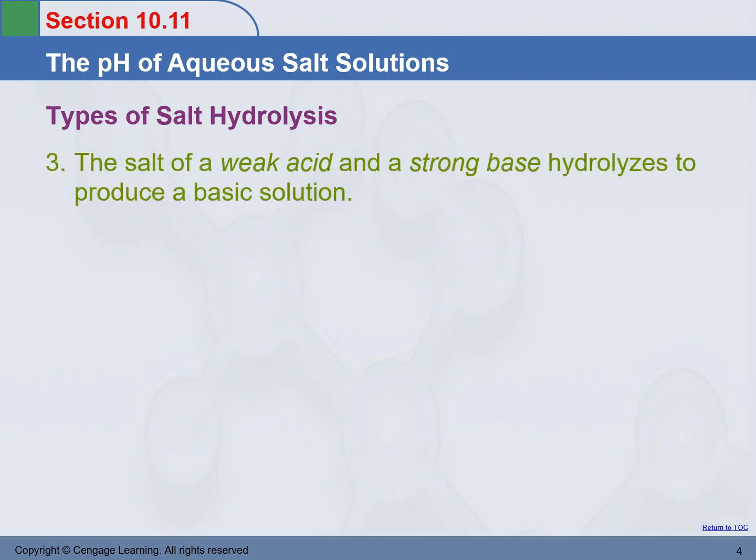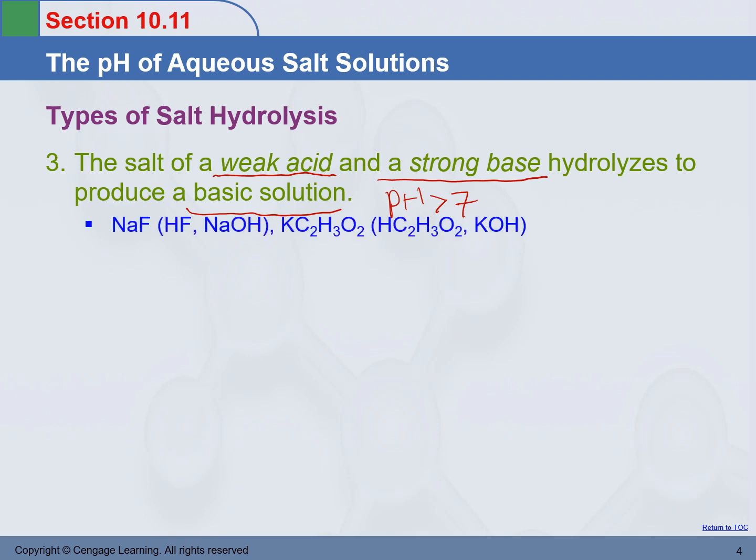The third kind of salt is a salt from a weak acid and a strong base. Well, weak acid, strong base. No surprise, the solution will be basic. pH will be greater than 7. Example, sodium fluoride,